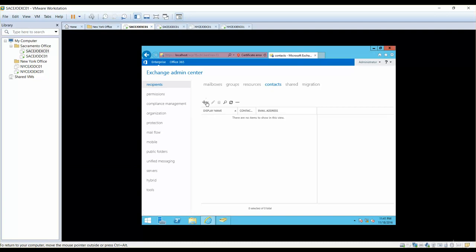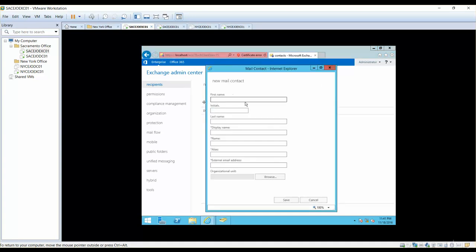So when you click on here, you have two options. One is mail contact and the other one is mail users. So mail contact, a mail-enabled contact, is the contact that contains information regarding the people or organization which exists outside of the Exchange organization. So in order to create that, you can simply click in here and say, for example,